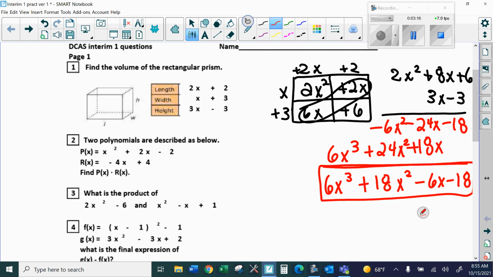All right, number 2 is similar. Two polynomials are described below. This is in function notation. Remember, when you see it like this, it's just function notation. This is basically like a y in a way. Just tells you a little bit more. But all you need to know here is it says to multiply. That's the multiplication symbol. Multiply those two functions together. So you're just multiplying those two polynomials together. Okay? So,